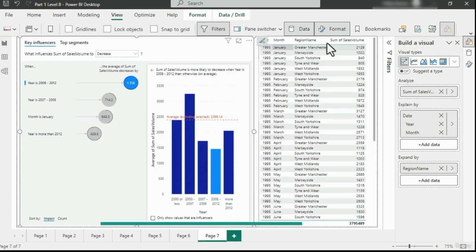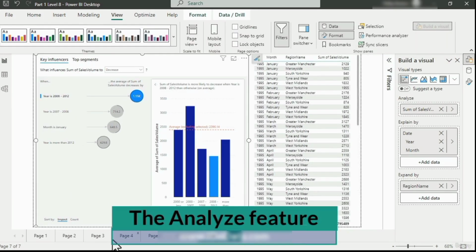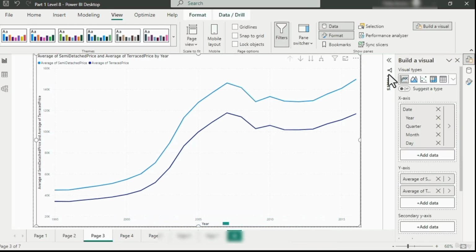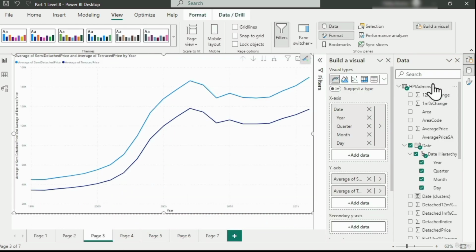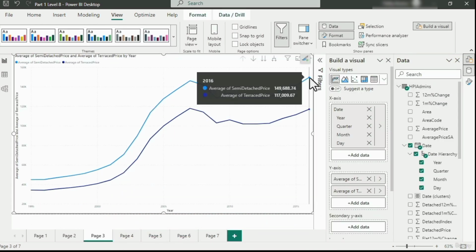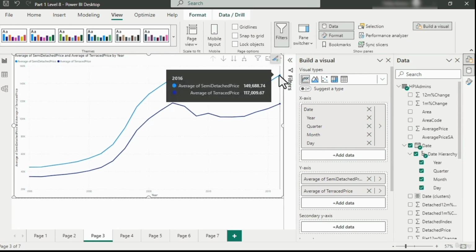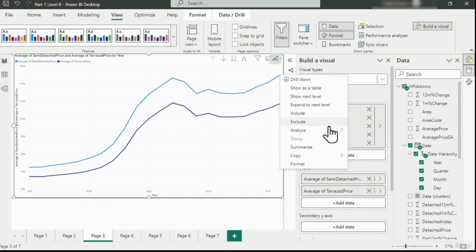Had a look at these key influencers so we can see as a whole what is happening to our data. But what if you've got one particular point you want to question? So, for example, suppose you wanted to know why this 2016 point was so much higher than 2015. Well, what we can do is right click on it and go to Analyze and explain the increase or